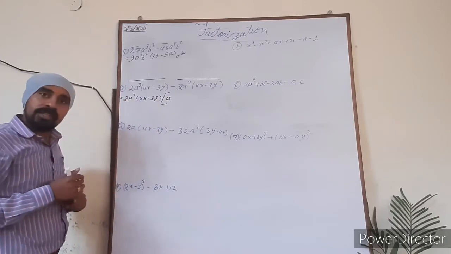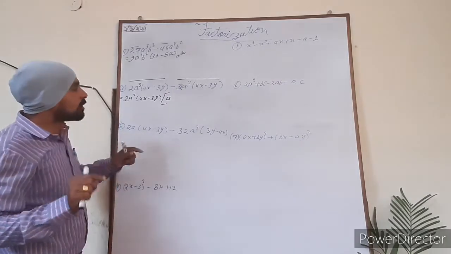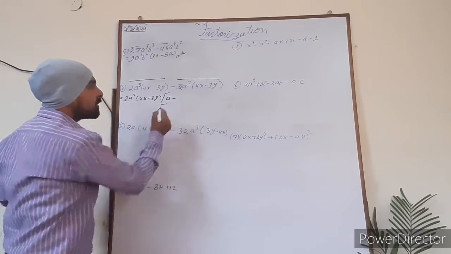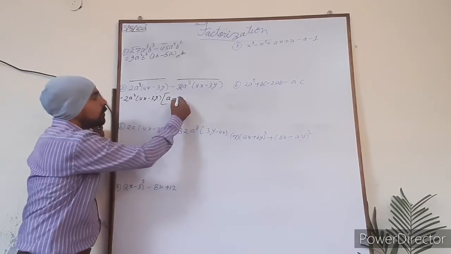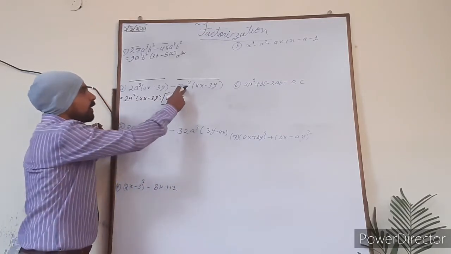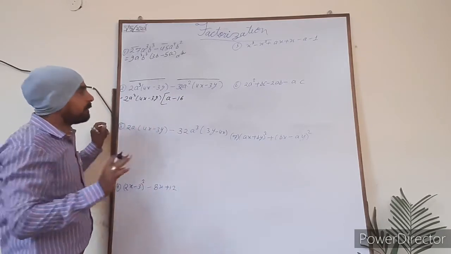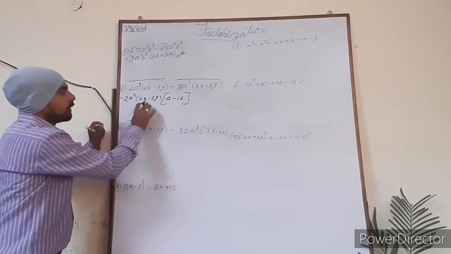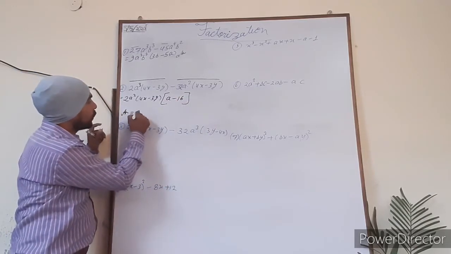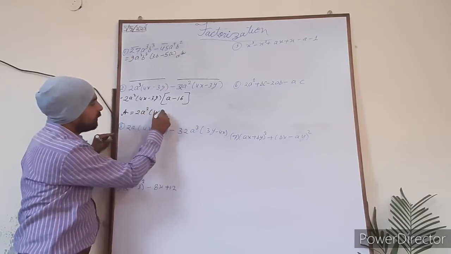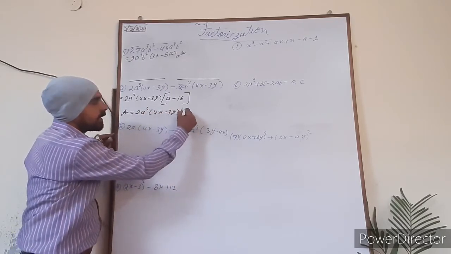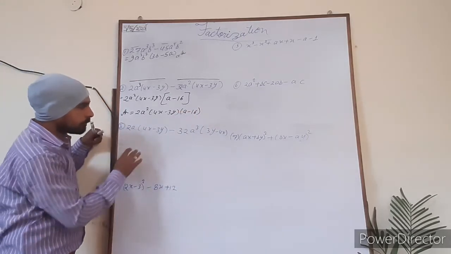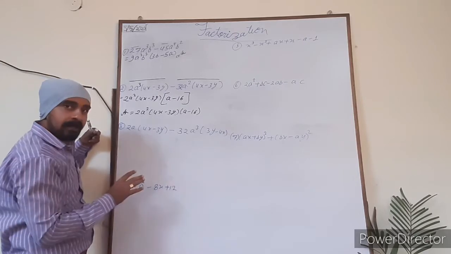Now we have to find out the quotient, meaning the result of division, of minus this one upon this one. So that will be minus. Minus 32 divided by 2, you got 16 only. And when a square is going to be divided by a square, 1 will be here, and after that this totally has been divided. So you got this one. So the answer is 2a square inside the bracket 4x minus 3y, and in another bracket that is a minus 16 is here. After that what we will do, this whole has been given here.